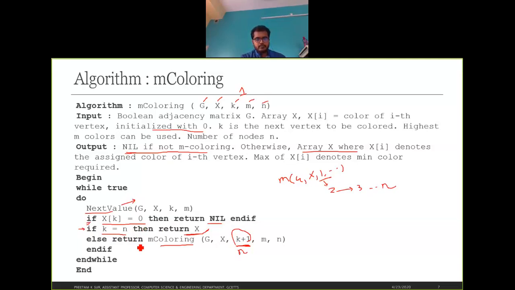And if it is not 0, then we try to color the next node, until we have reached the final node. If we reach the final node while coloring this node one by one, it means that we can return the solution vector now, because we have colored all of them eventually. Otherwise we'll recursively call this for the next node. So this is what the graph coloring problem is and how we can solve it using the backtracking algorithm.